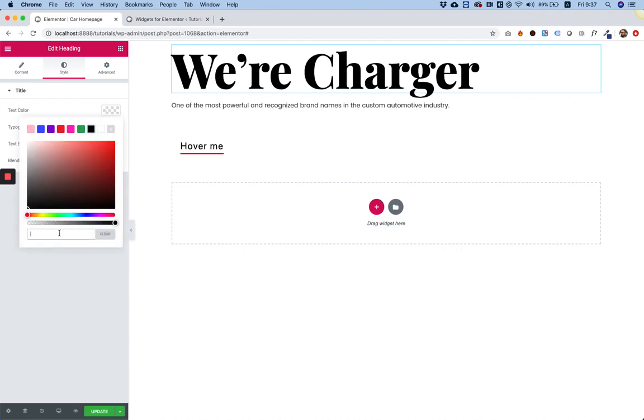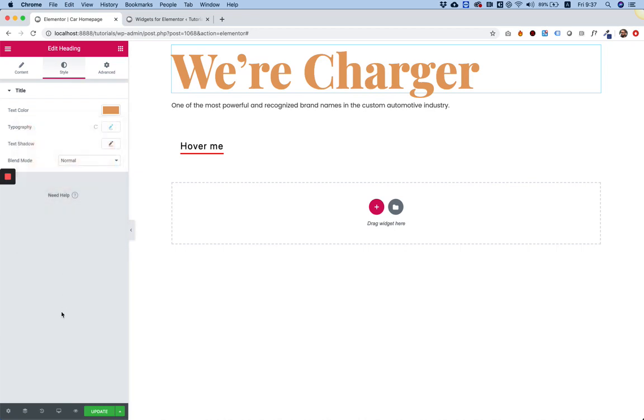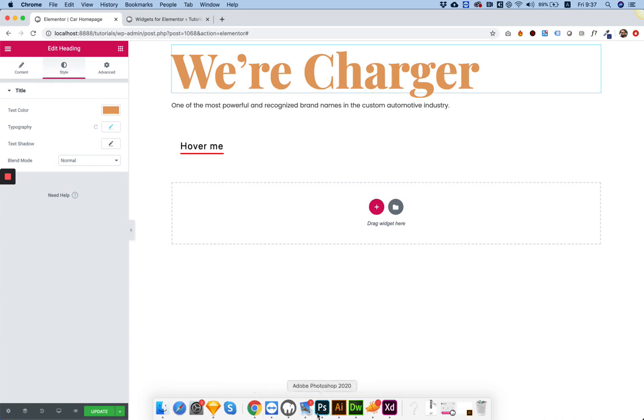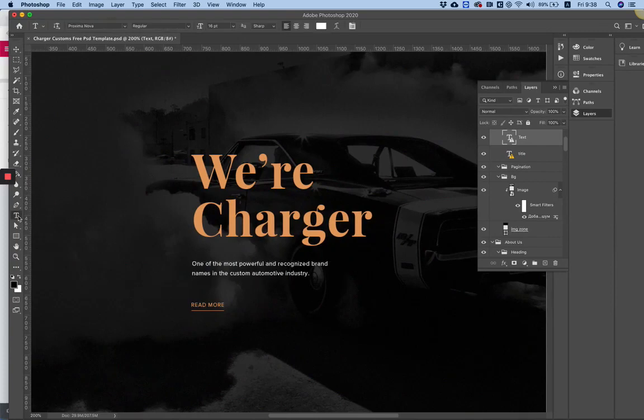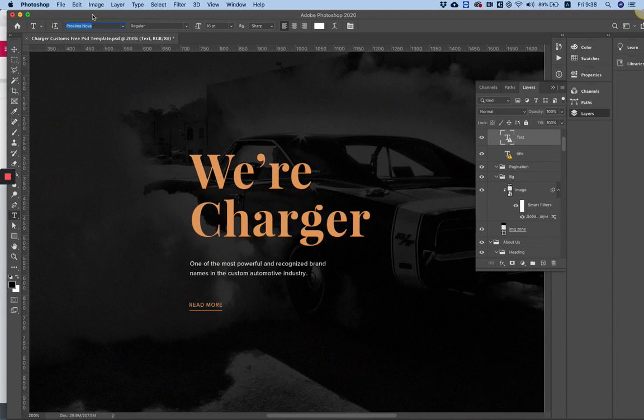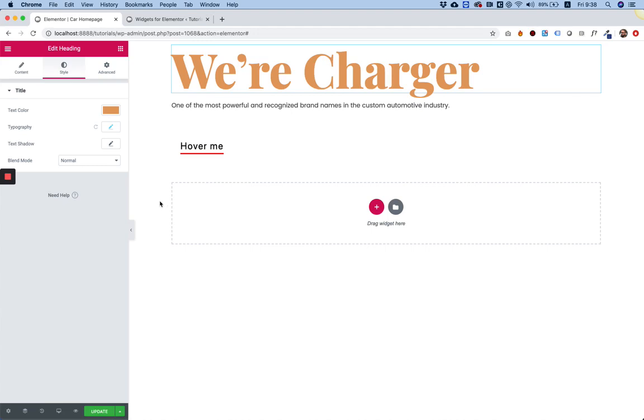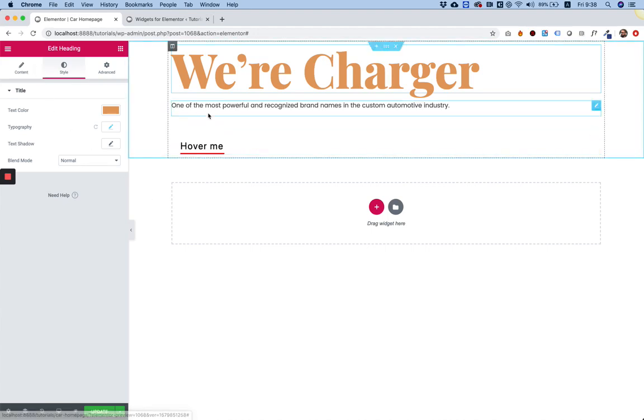Text color, and I'm gonna paste it over here. Perfect. Next things next, we're going to check out the paragraph text, which is probably going to be the same text for all of our paragraphs. So again, I clicked on the layer, and over here I'm going to click T, and I see it's using Proxima Nova. Proxima Nova, from what I know, is an Adobe Typekit font, so it probably won't be found inside